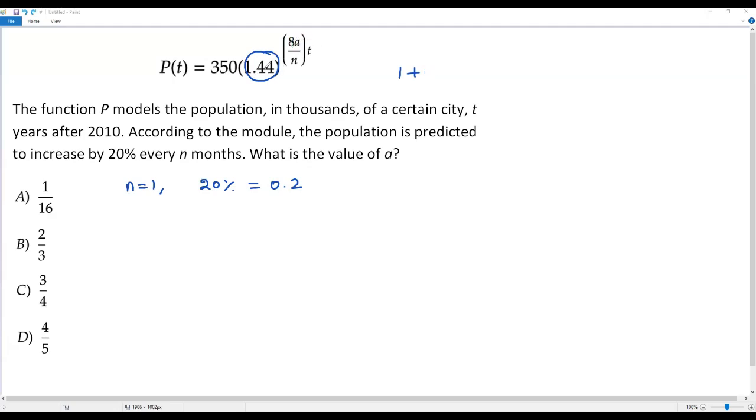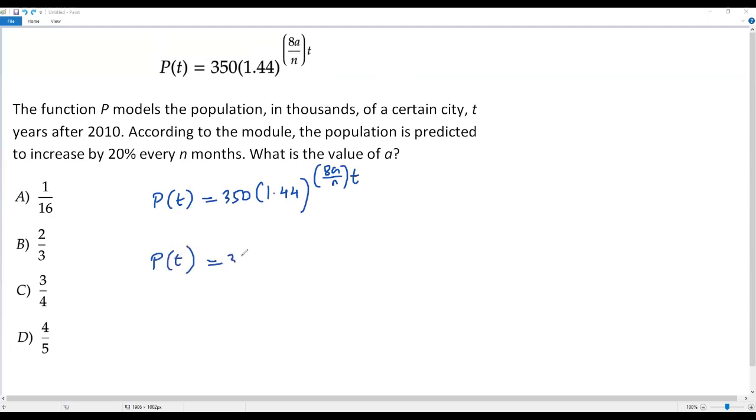Now my aim is to write this value 1.44 in the form of 1 plus 0.2. Okay, let me continue over here. So let me take the given function p of t equals 350 times 1.44 raised to the power of 8a divided by n times t. Then we get p of t equals 350. So how can we write this 1.44 as 1 plus 0.2? We know that 1.44 can be written as 1.2 the whole square. When you evaluate this power, that is 1.2 raised to the power of 2, it is equal to 1.44, to the power of 8a divided by n